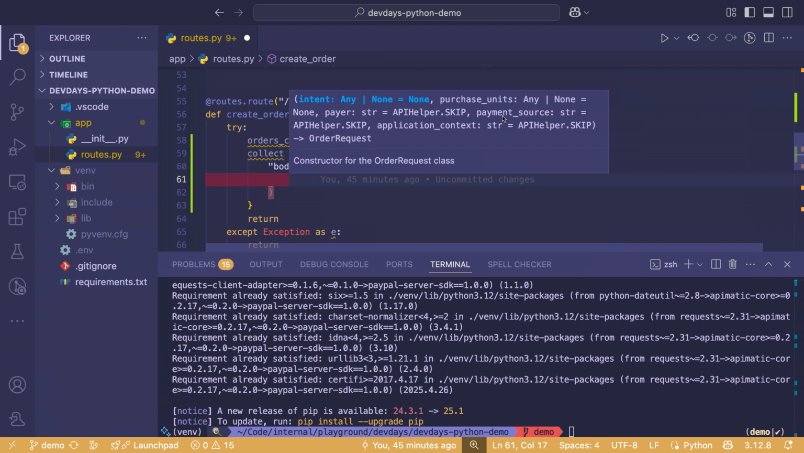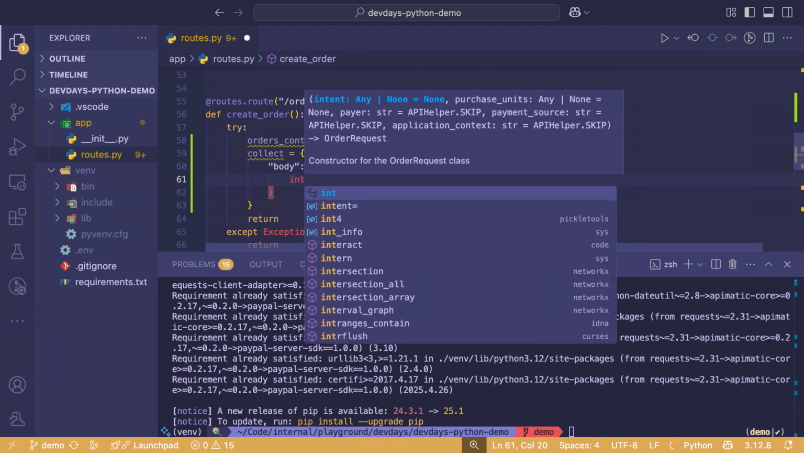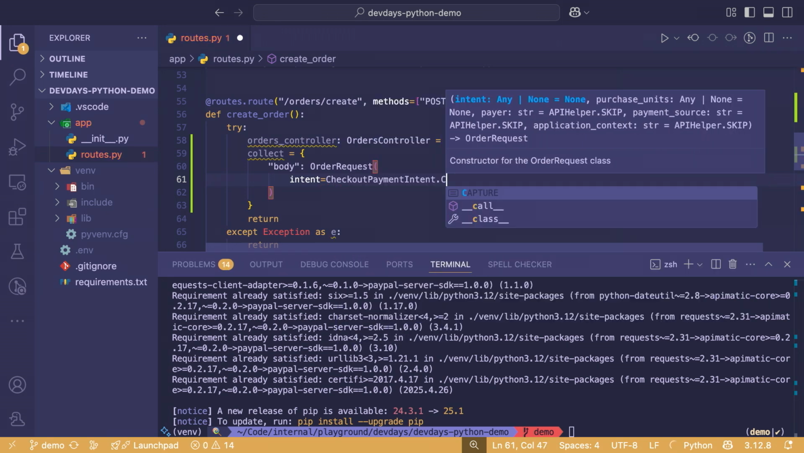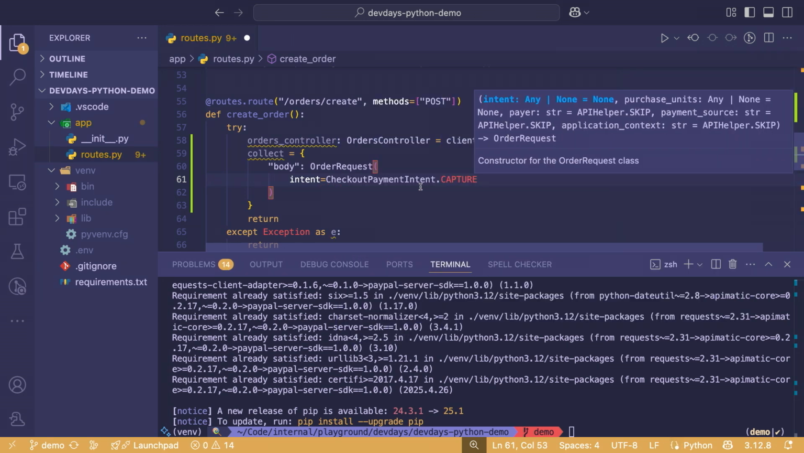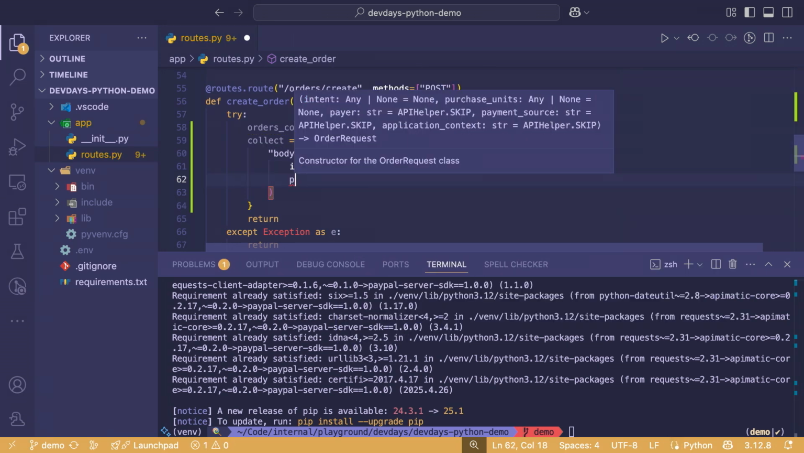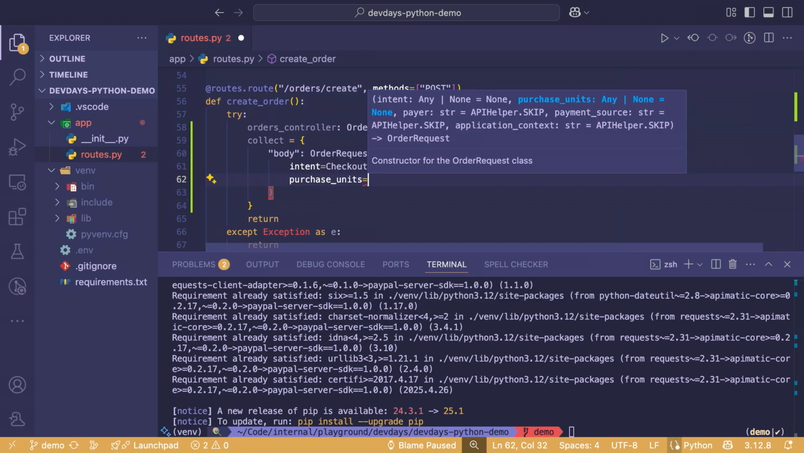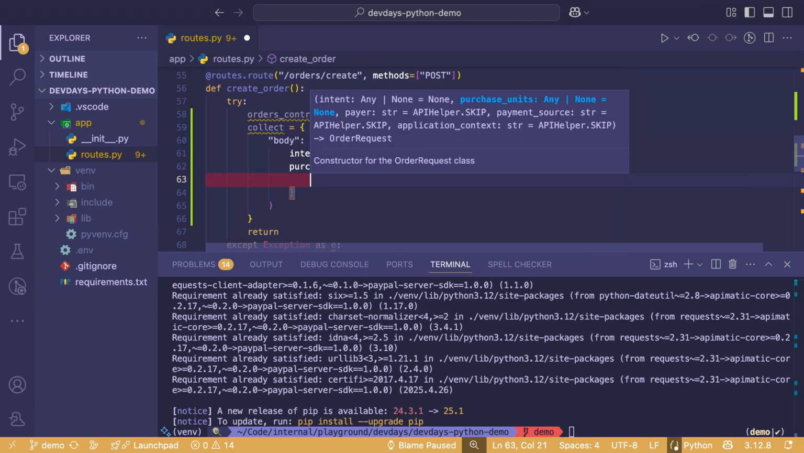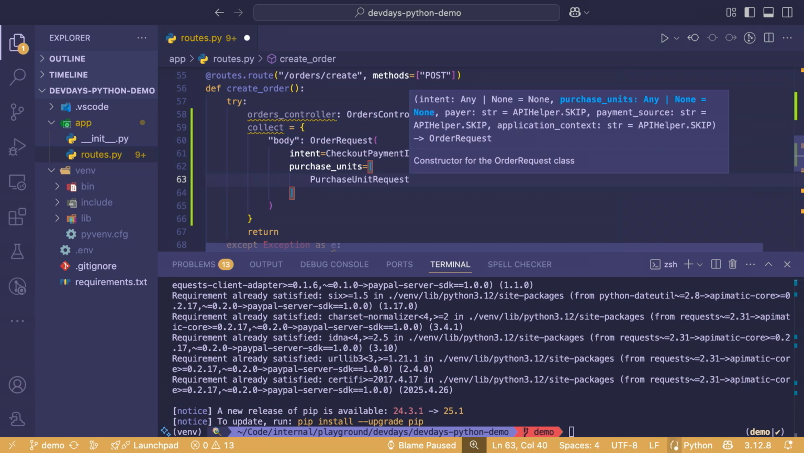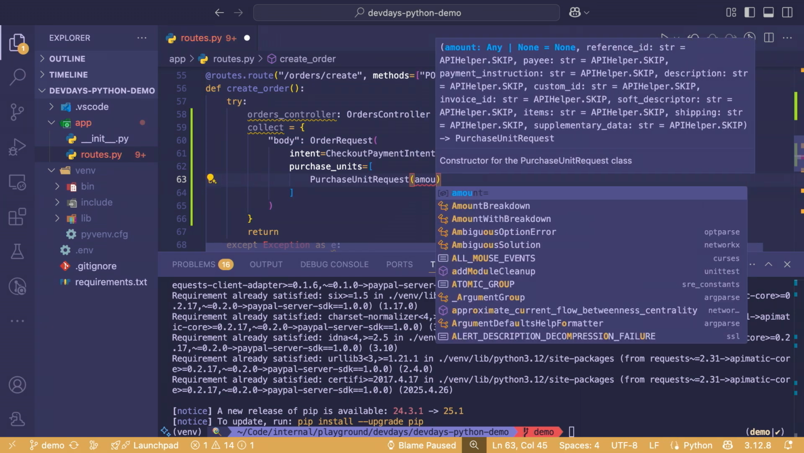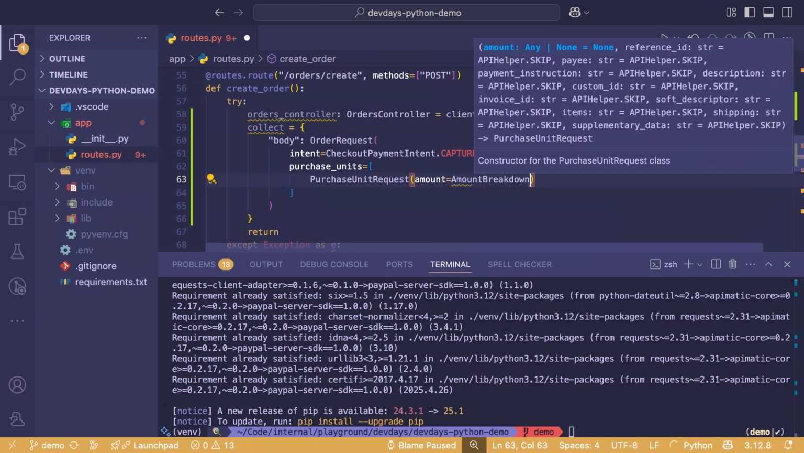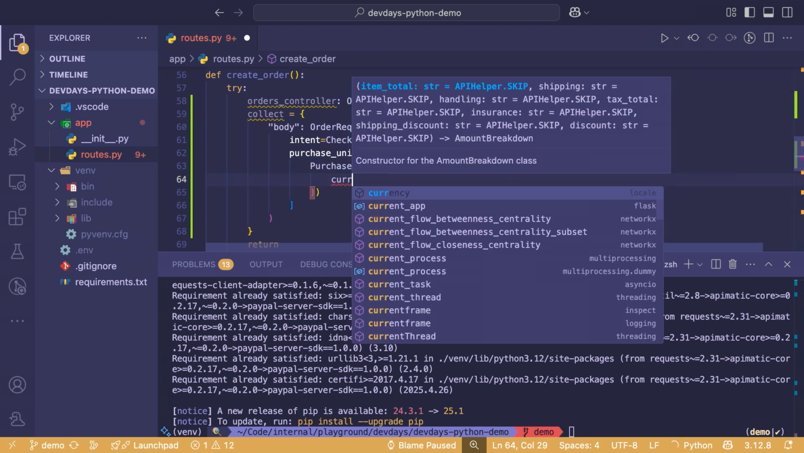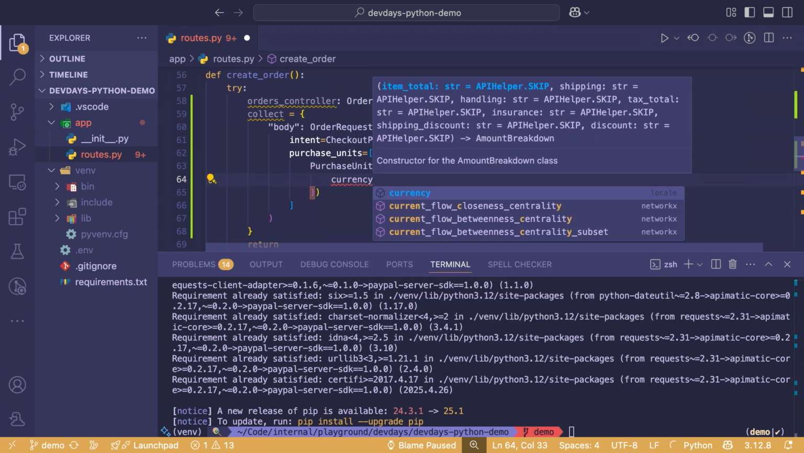So let's see, this is just a nice simple checkout. So we're going to say my intent is to capture. And again, these enums are provided by the SDK to use. For purchase units, this is going to be a purchase unit request, another type. I'm barely typing. It's mostly filling in the stuff for me. Amount with breakdown, and we're saying, okay, currency,